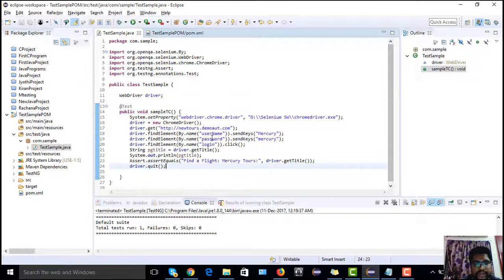So if someday this property changes to username1 or something else, the problem is you have to go and change it in all the test cases, and the maintenance will be very tedious.